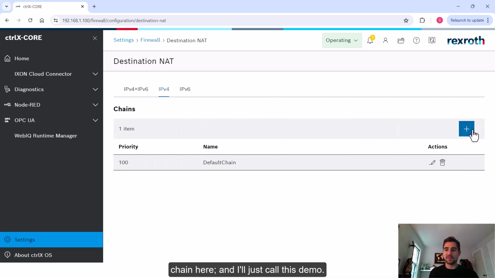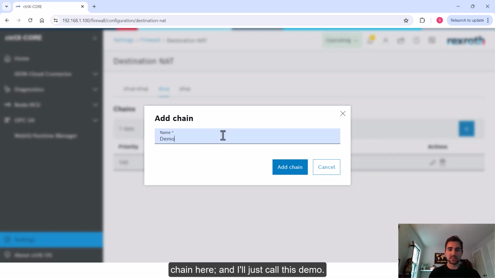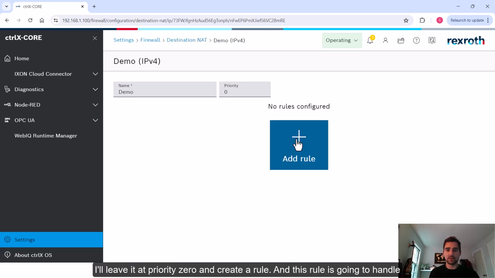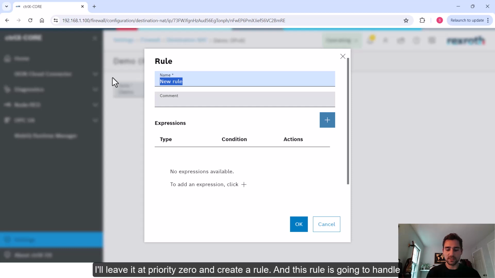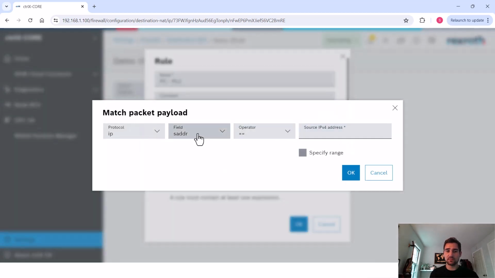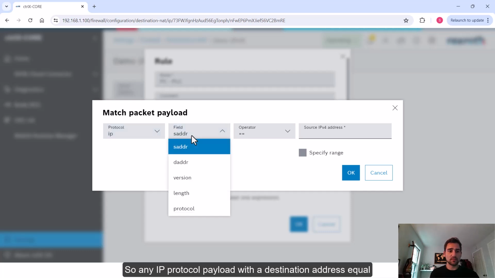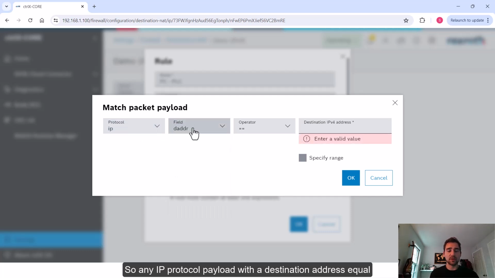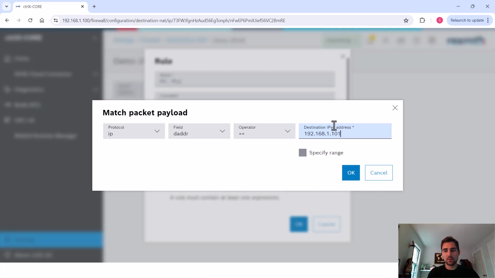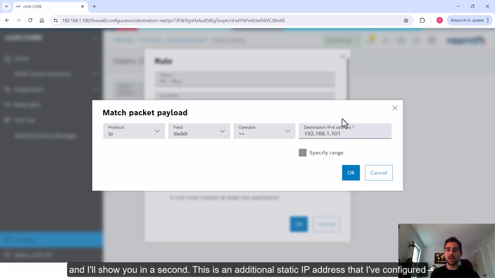I'll create a new IPv4 chain here, and I'll just call this demo. I'll leave it at priority 0 and create a rule. And this rule is going to handle the PC to the PLC routing. And then I will add an expression. So any IP protocol payload with a destination address equal to 192.168.1.101, and I'll show you in a second, this is an additional static IP address that I've configured on my